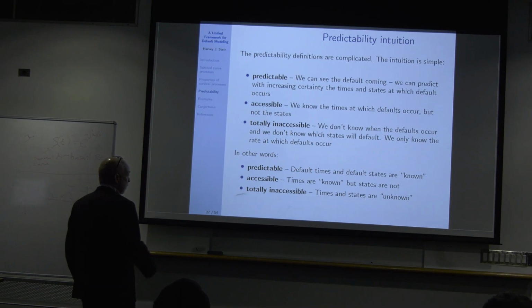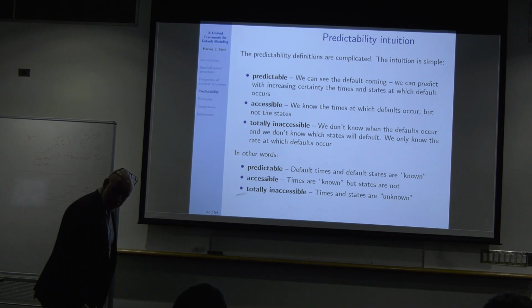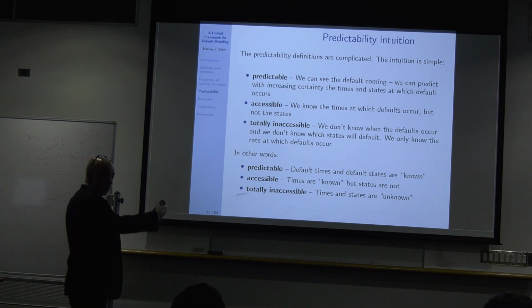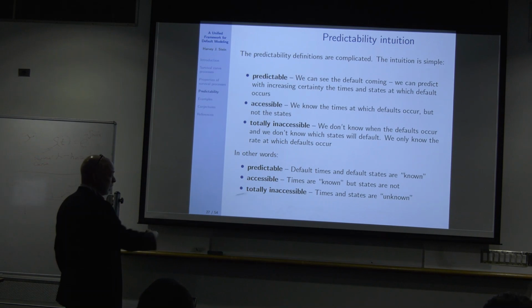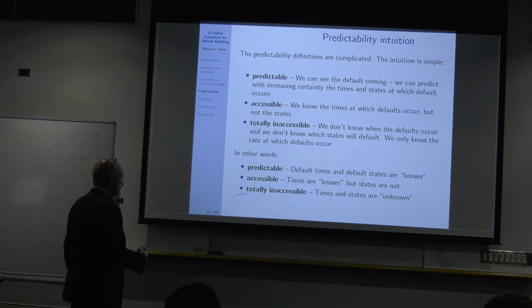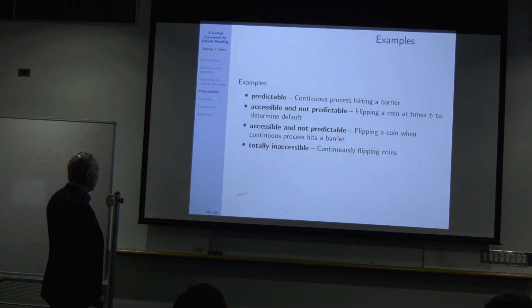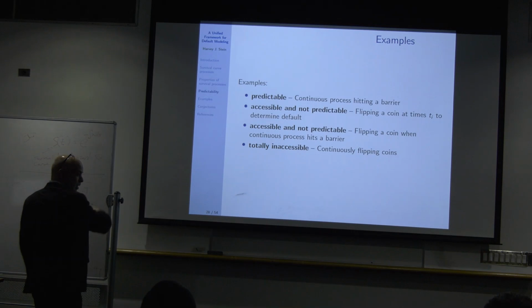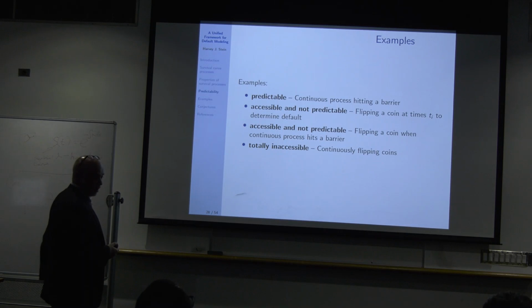Totally inaccessible is you don't know when they occur, you don't know which states they occur in, you only know the rate at which they occur. Okay, so, in other words, predictable is like the default times and the states are known in some sense. Accessible, the times are known but not the states. And totally inaccessible, both the times and the states are unknown. So, for example, as we mentioned, continuous processing a barrier is accessible. You just put higher levels of the barrier, hit the higher levels. The times that you hit the higher levels converge to the time that you hit the barrier